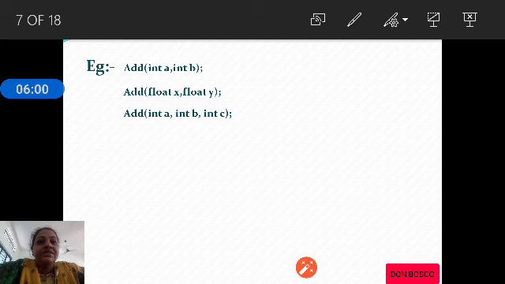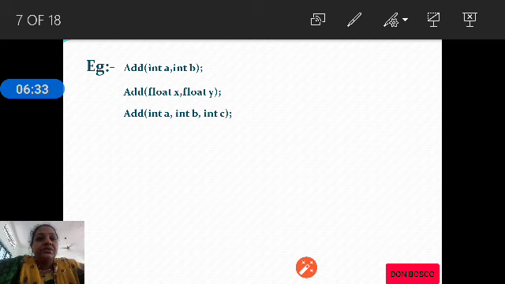Similarly, the second add function also has two arguments, a float x and a float y. Then we have the third add function, which has three arguments: int a, int b and int c.